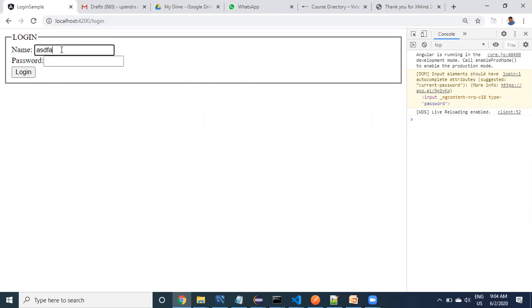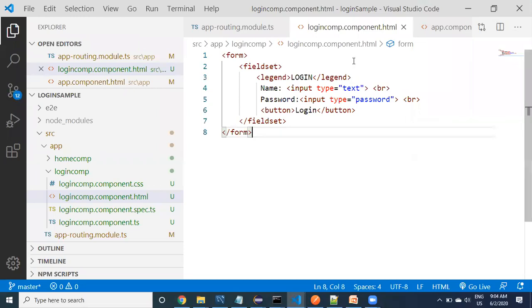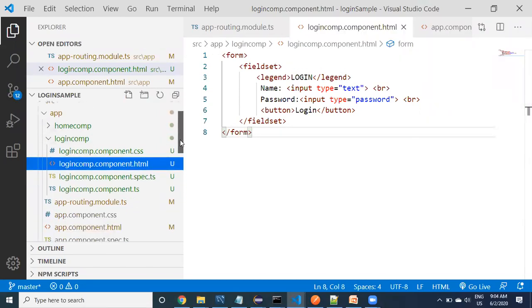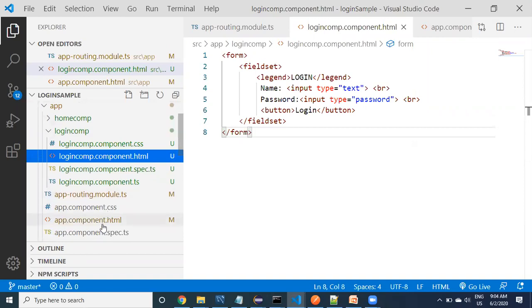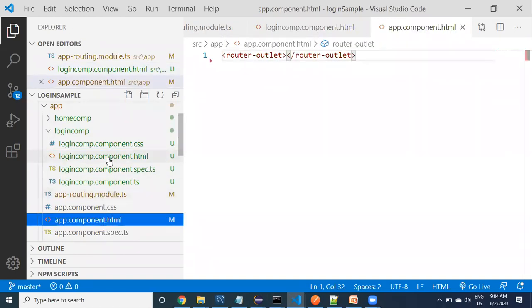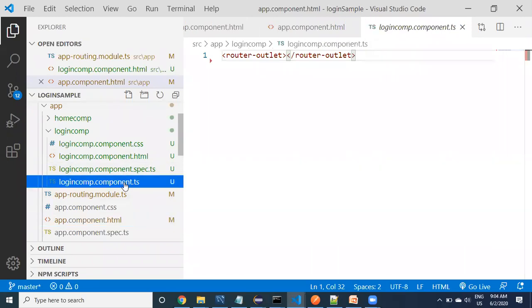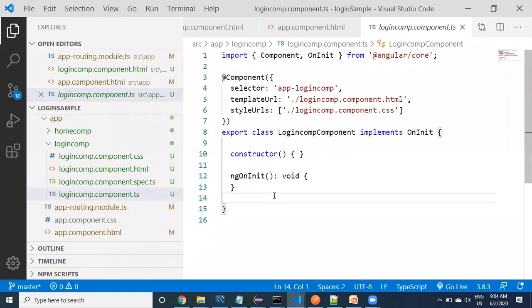Now the user is going to provide some data, and then the user clicks on this button. The user hits this login button, then I want to call a method. Where is that? Let us go to the login component, the login related component class.